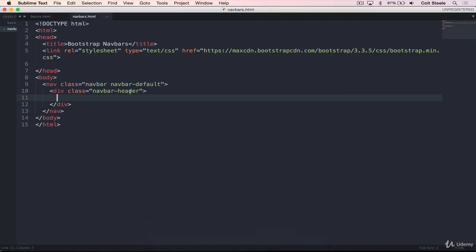Usually when you click on that company name, it takes you back to the home page. So we'll do that here, anchor tag, and we'll start with the href equal to octothorpe so it doesn't take us anywhere. Class will equal navbar-brand,